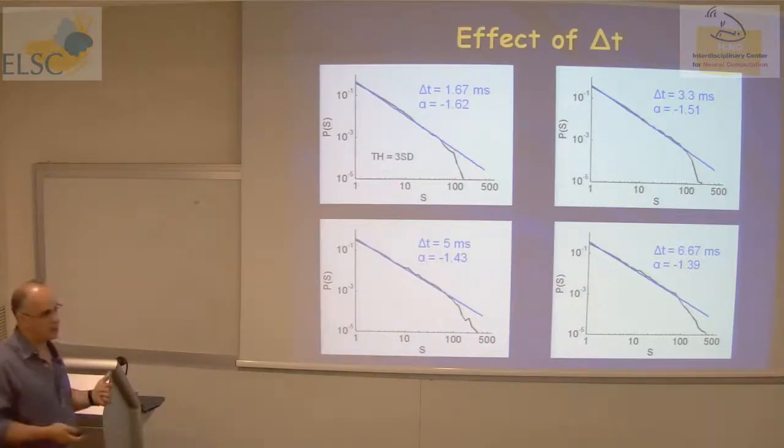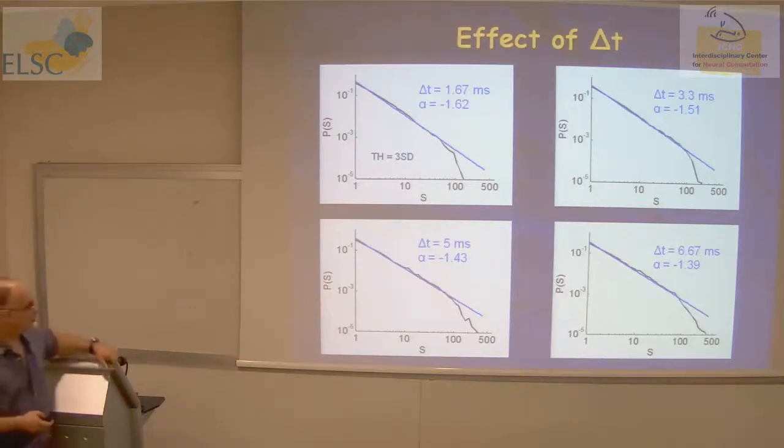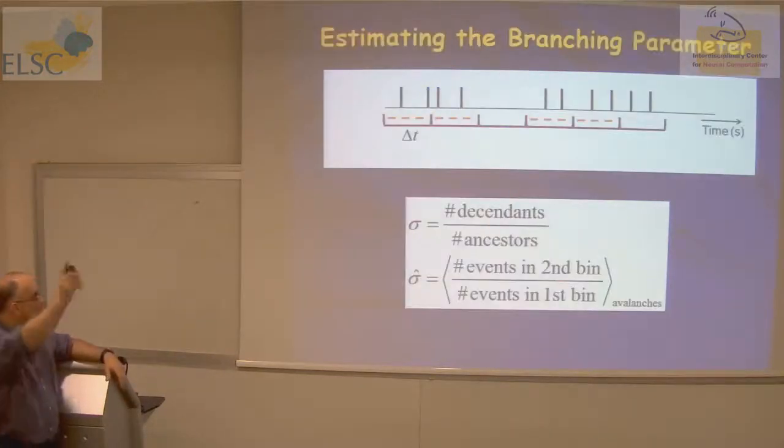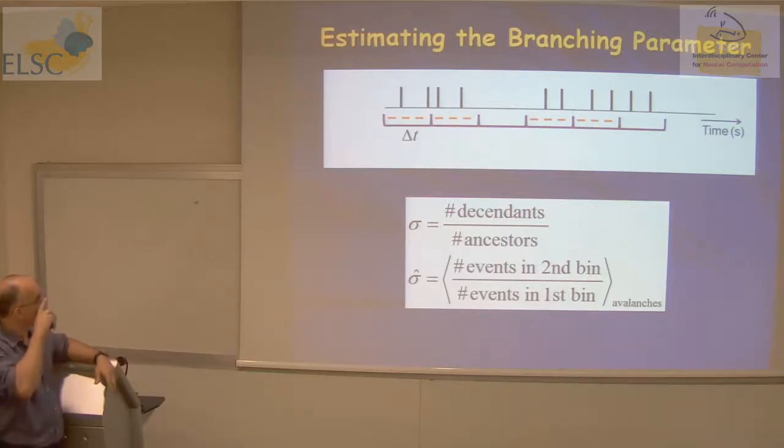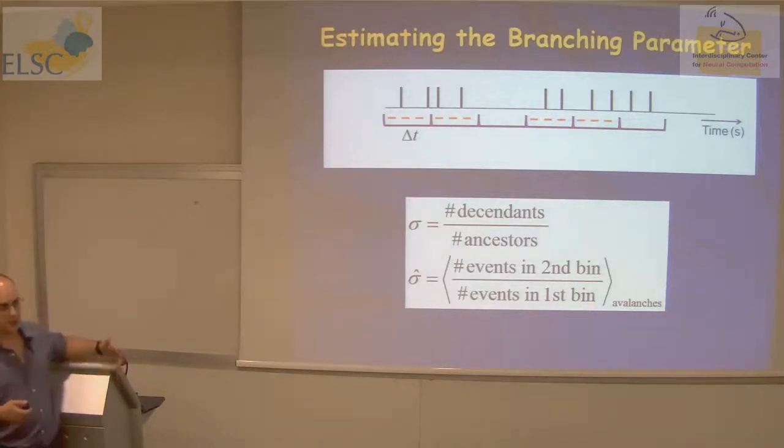So what we do is we go back to this framework of the branching processes, and we attempt to extract each time the branching parameter that describes the amplification in the system. We just take each cascade, take the first 2 bins in the cascade, and calculate the ratio of descendants to ancestors in each cascade. What it reflects is that after a silent period of size delta t, we had some events that perturbed the system, and this was the amplification in the next bin, again of the same bin width delta t.